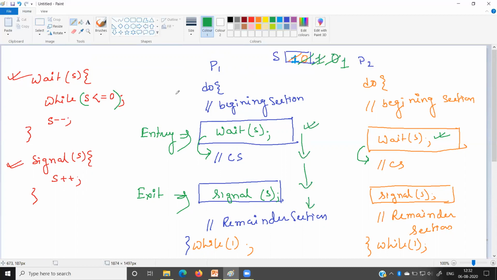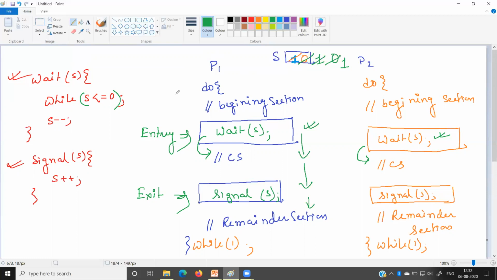So progress is also present over here. That is another condition satisfied by the semaphore algorithm. That means after execution of the critical section, the process P1 cannot go back to the wait section.